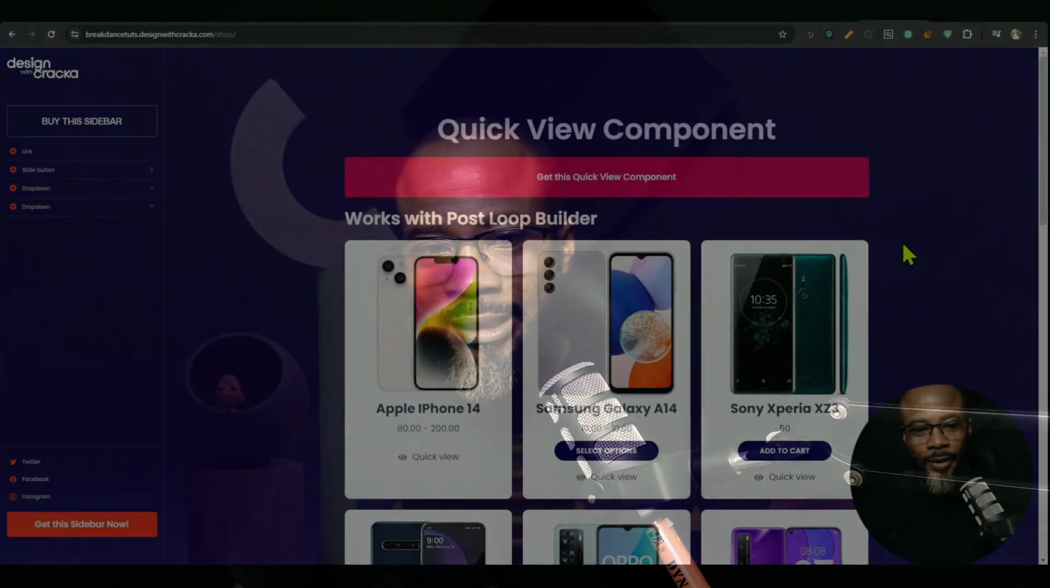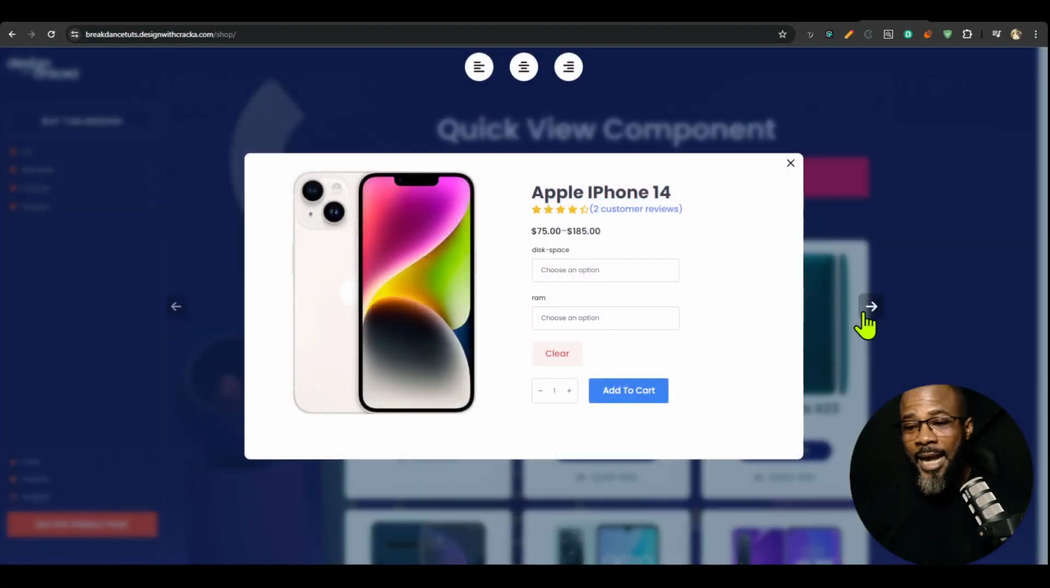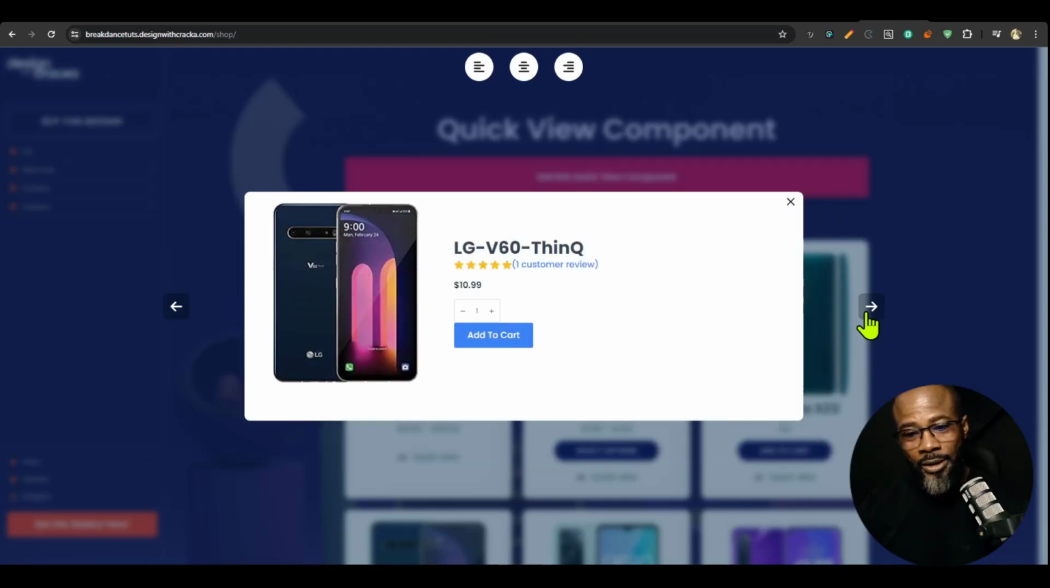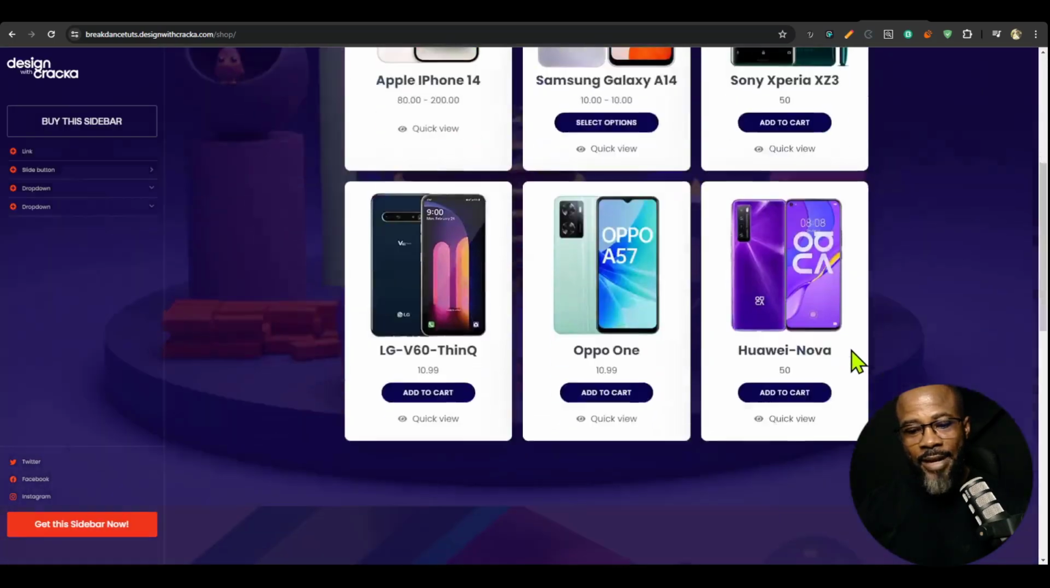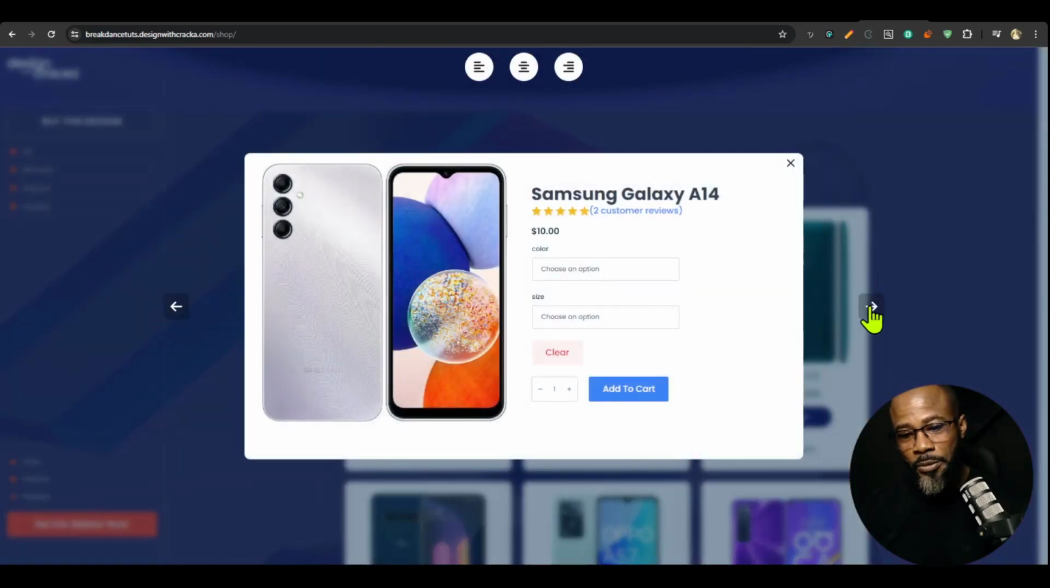Today we have a new component, and that is the quick view component for BREAKDANCE Builder. And this component is compatible with the post loop builder. It is also compatible with the product list. So here we have a post loop builder, and if I click on the quick view button, we could cycle through the products on that list. And if I go to the product list, I can click the quick view button and cycle through the product